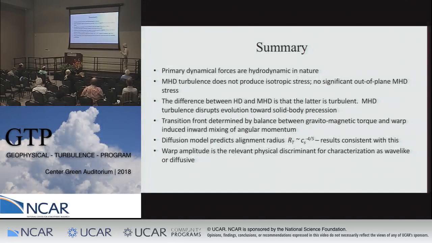We've seen that we can get a transition front between the two regions, and that does go as sound speed to the -4/5. And finally, the thing that is the discriminant between the aligning behavior and non-aligning behavior is the amplitude of the warp relative to the thickness of the disk rather than the value of alpha within the disk, because the accretion stress itself really doesn't have much of a role to play. So